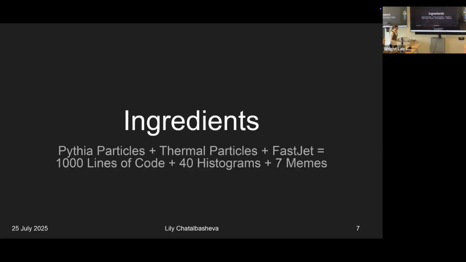Okay, so now that was a lot of theory in 5 minutes. But moving on to my actual software project, we begin with Pythia particles. For those who don't know, Pythia is essentially a particle collision simulator, which allows us to run thousands and thousands of events at a time, recreating actual experimental data. So it mimics it very closely, and we're able to take a lot of particle data without actually